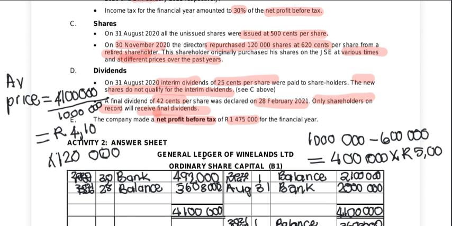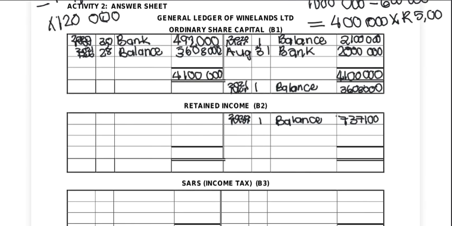So that is what we're derecognizing. We take the 6 Rand 20 minus the 4 Rand 10, and that will give you how much you're going to be deducting from our retained income, and that is 2 Rand 10. So how many shares are we buying back? 120,000. So that will be 120,000 multiplied by